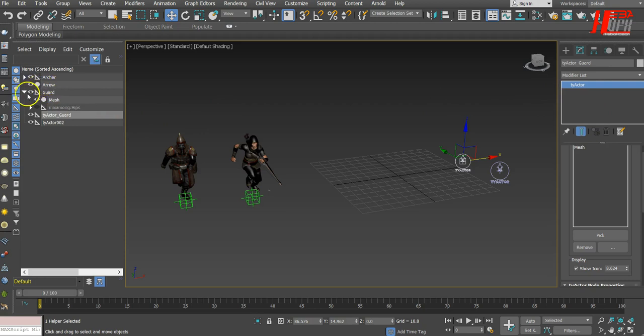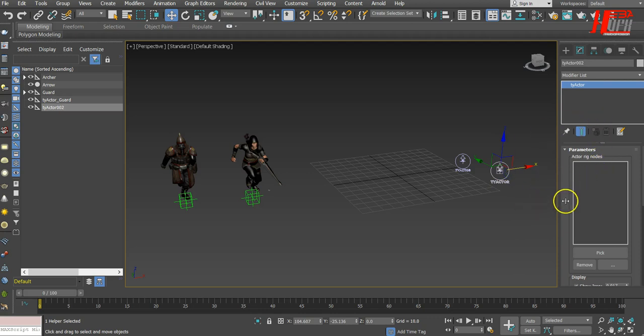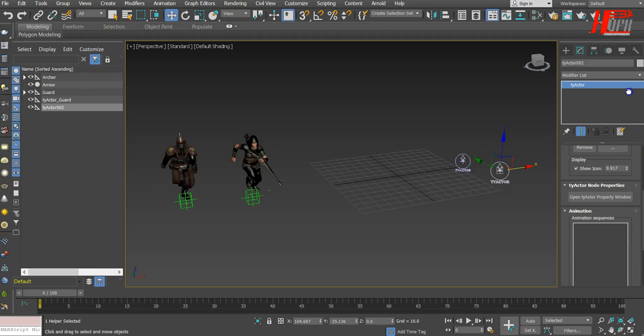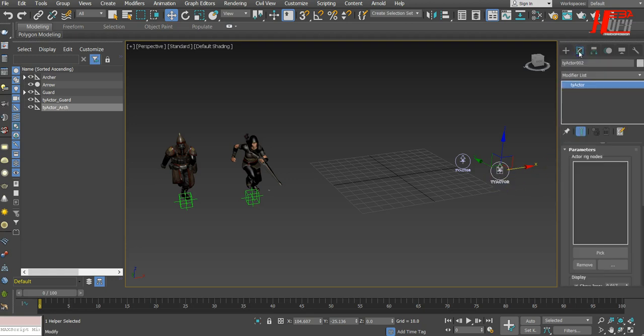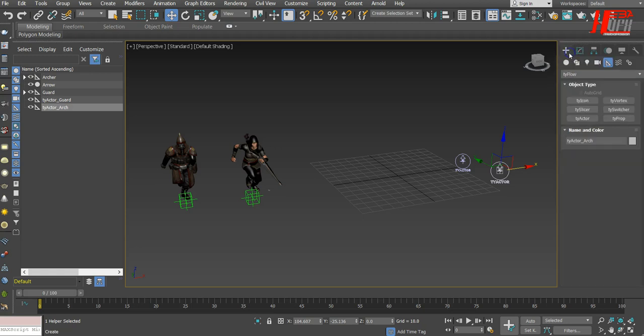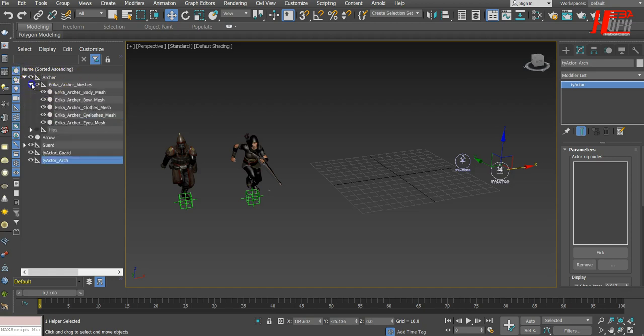Let's go to the second one. Okay, here, this one. I didn't rename it. So, yes, here. So, actor underscore archer, whatever. Okay, and let's go here. Yes. To pick. Before we pick, just go to the archer. The archer here, I will not include my hips, but I will include all these meshes. So I can pick